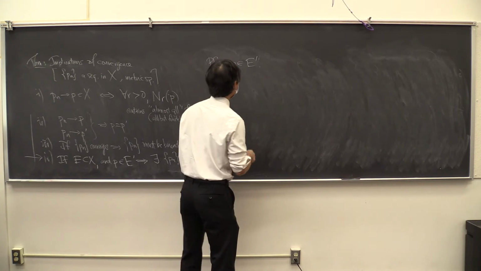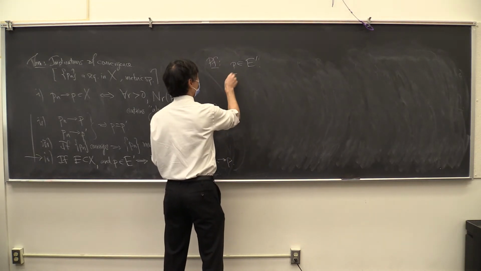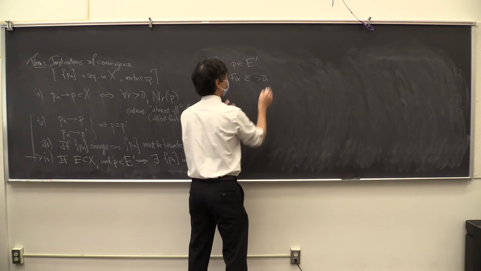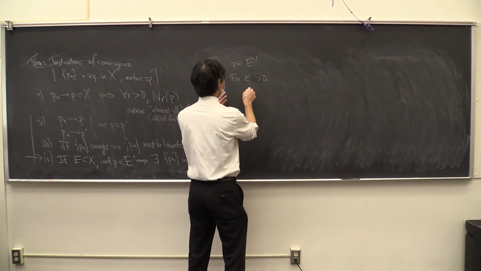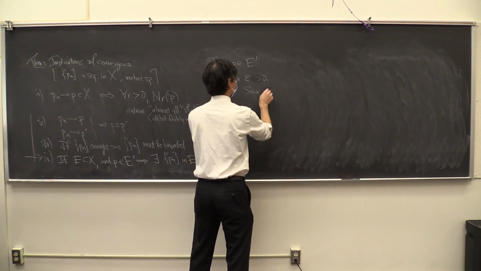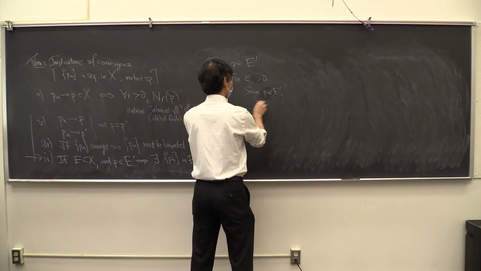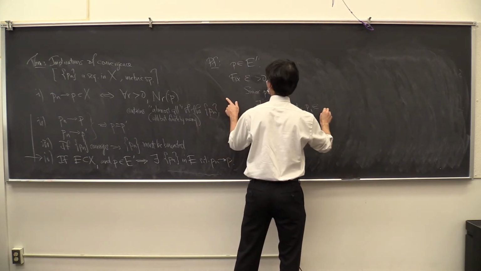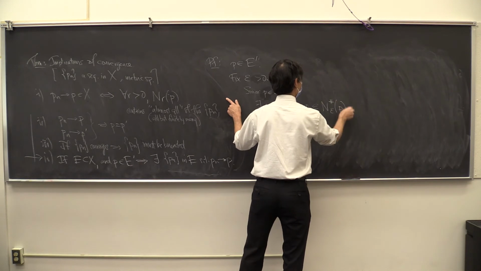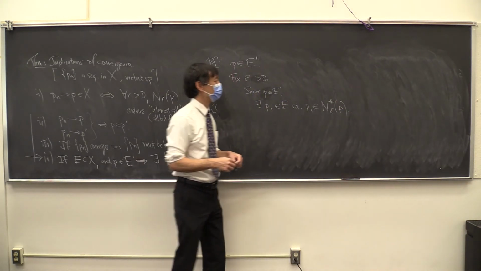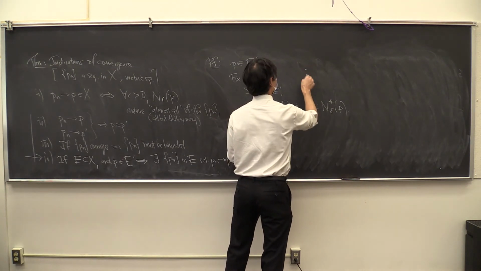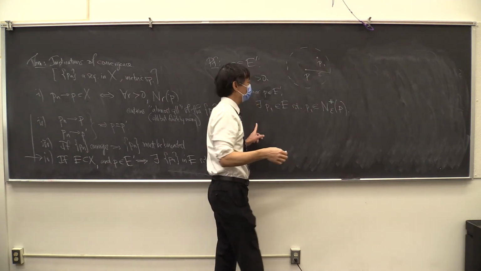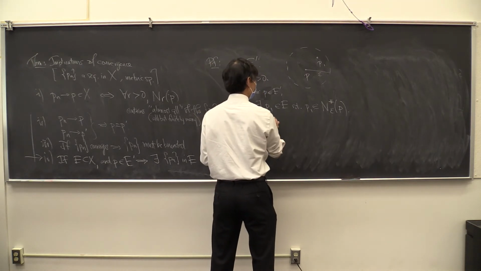Okay, great. So you're saying, well, look, let's fix an epsilon. You could say fix epsilon equal to 1 or something like that. It doesn't matter. You could fix an epsilon greater than 0. And then you're saying, since P is a limit point, we know there exists a P1, an element of E, such that P1 lies inside of that epsilon neighborhood of P, and it's not P itself. So you fixed your epsilon, you know that there's some P1 inside there. And then you say, well, the next thing we're going to do is say,